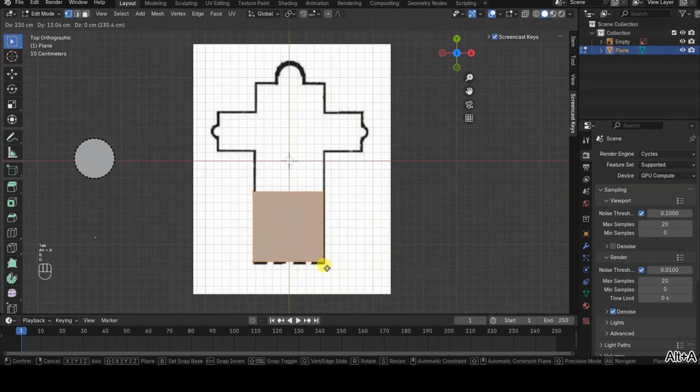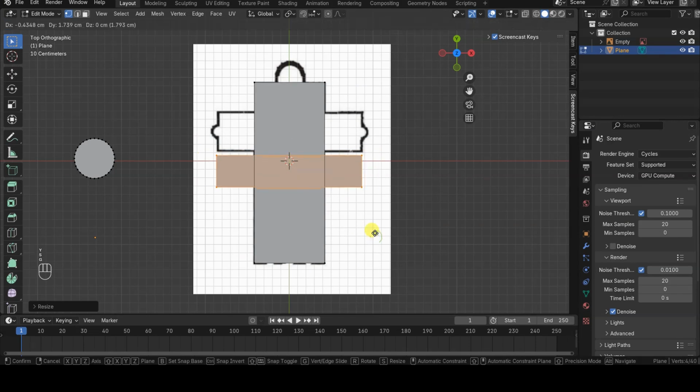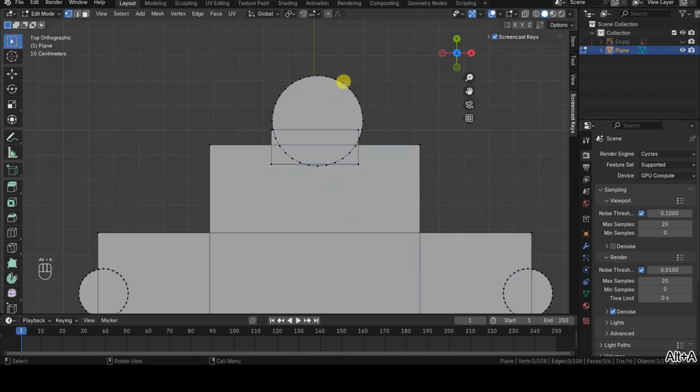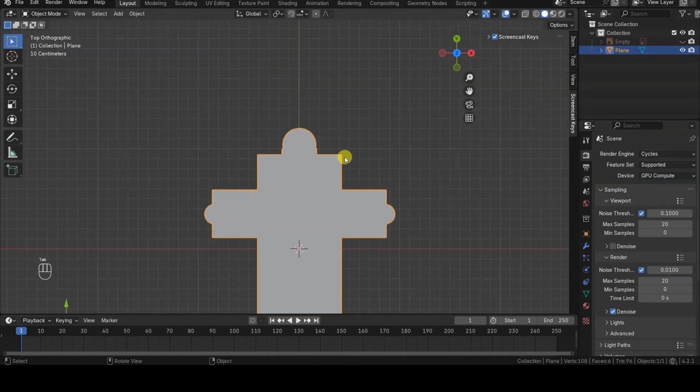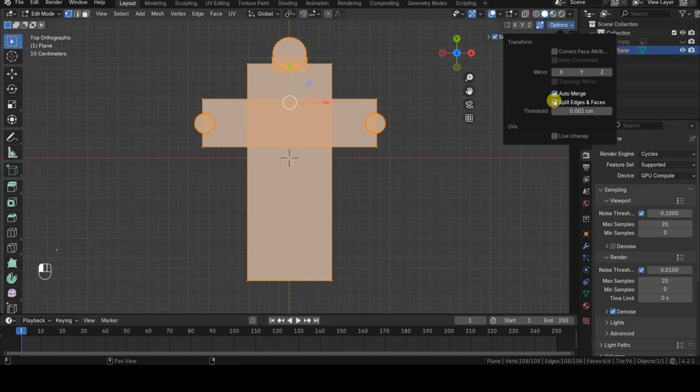The Split Edges and Faces mode can only be activated if Auto Merge is active. This mode only takes effect after being enabled, meaning it won't create new vertices if the geometries were already overlapping before activation. In this case, simply move the geometries in place with G and Enter to utilize this mode.